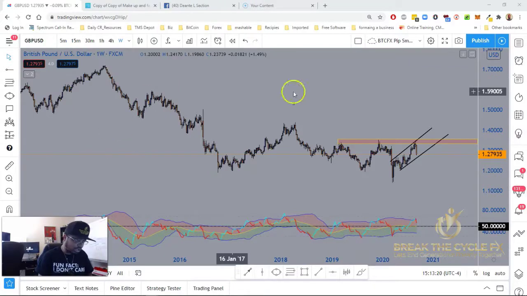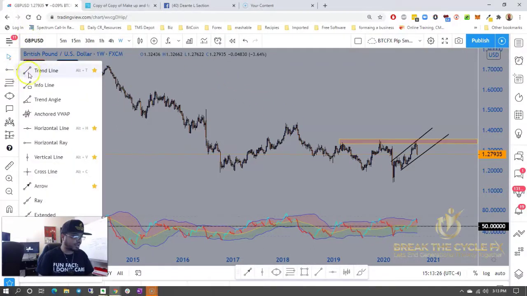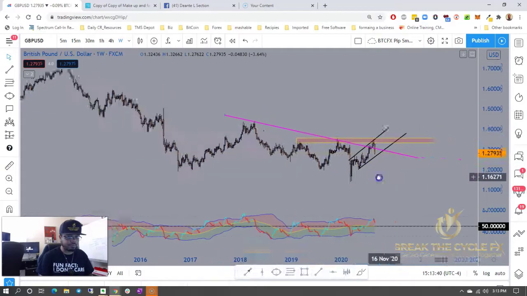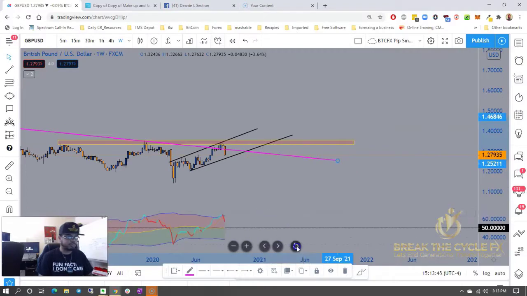So overall, we see here that it's obviously a downtrend, right? I'm going to grab a trend line here and I'm just going to drop it. Let's go from here to here. Alright, straight across. I'm zoomed out a lot so then I could really get an idea. Boom. So now, once we zoom in,